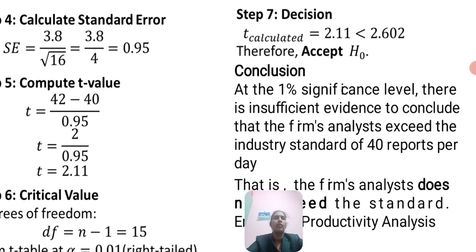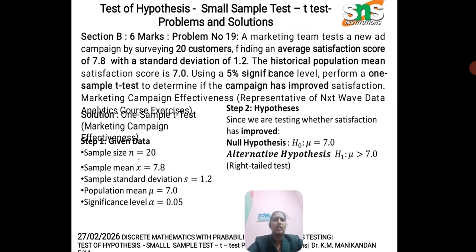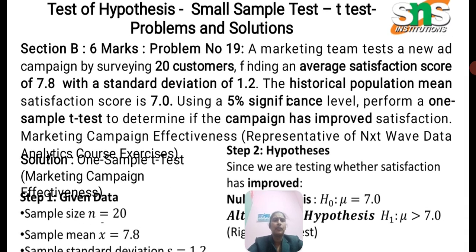Okay, so at alpha 1% there is insufficient evidence to conclude the firm's analysts exceed the industry standard of 40 reports per day. So finally we can conclude that the firm's analysts do not exceed the standard employee productivity. So for all the problems we have to calculate the critical value as well as test the hypothesis in that. Okay, so next another problem is a market